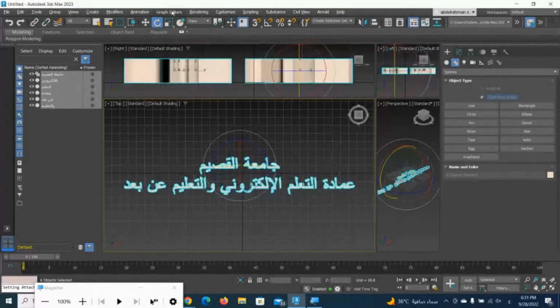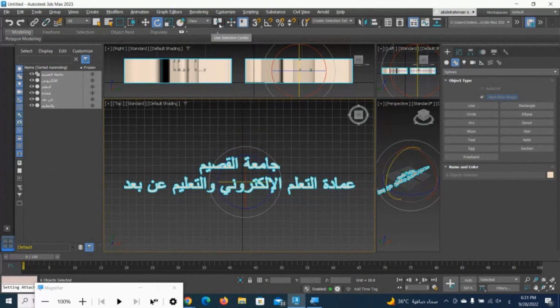The central point can be unified, or each one can take its own center from here. See, this is the unified center, which is use selection center. The selection has one center and works from there. So here, use selection center. And here,